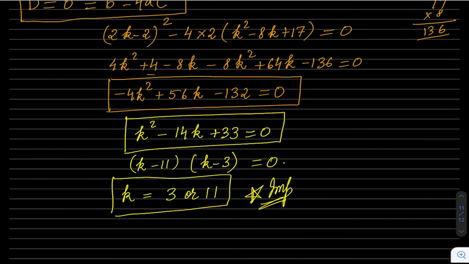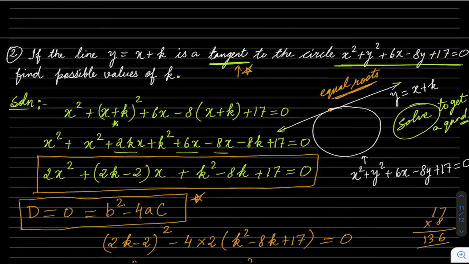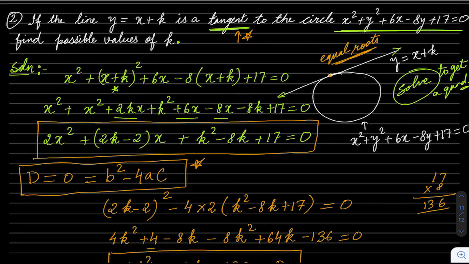Now, one very simple point, just for fun, if you want to think about why there are two answers, this is interesting to know. If a line is tangent and you have y equals x plus k, it will give you two answers, because the second line will be something like this. This will be my first line. The second line will be exactly parallel to this line, and hence you will get two values of k, and these two lines are parallel.